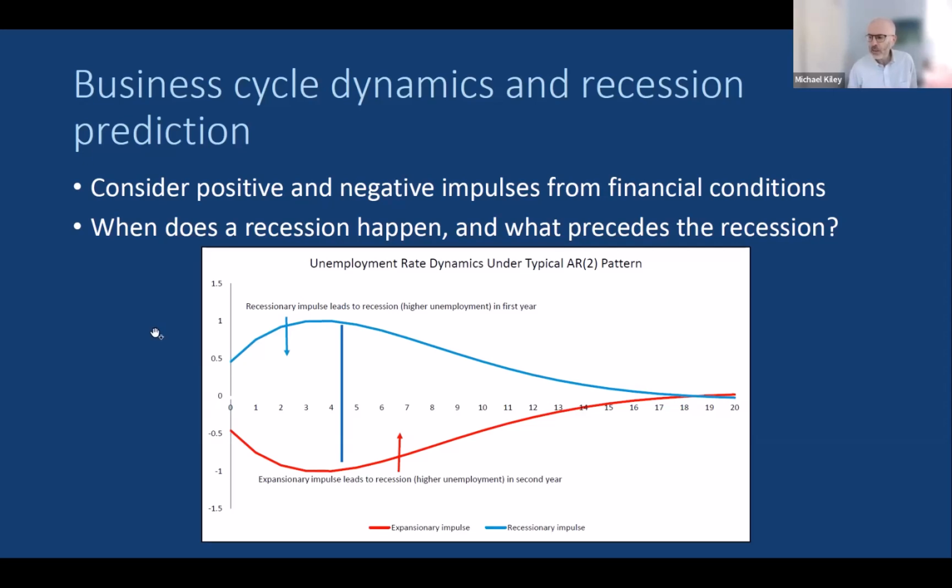So what does this picture tell us about when a recession happens and what happens before a recession? Well, right, let's just focus on the blue line where there is a negative recessionary impulse. What one sees is that the unemployment rate jumps following the negative impulse, and then it rises further, right? So if one has an indicator of financial conditions and that turns contractionary, right, that both initially starts the recession, but provides a signal that things are going to get worse. So there is a degree of leading information in the near term in financial conditions. So according to that sort of blue line, that recessionary dynamic,